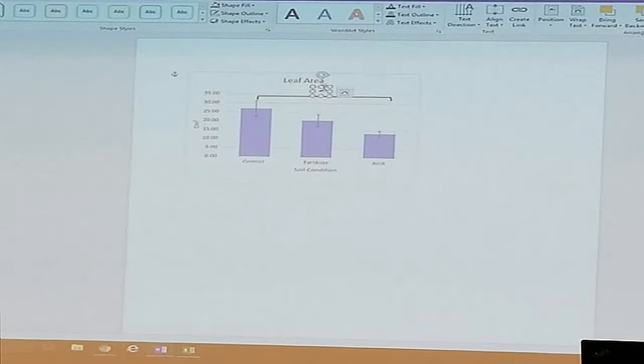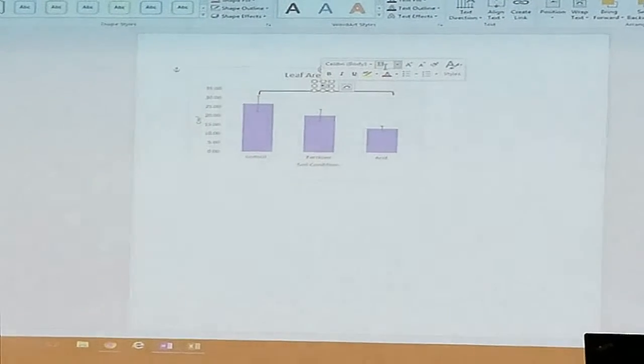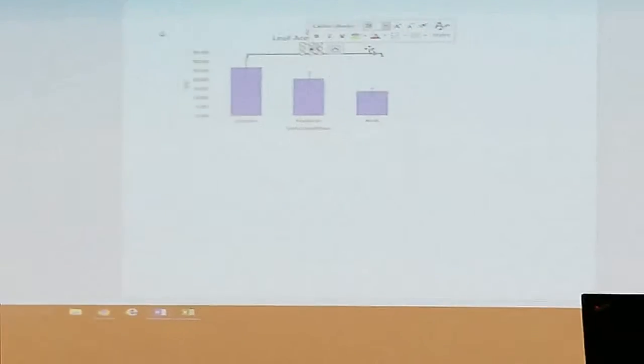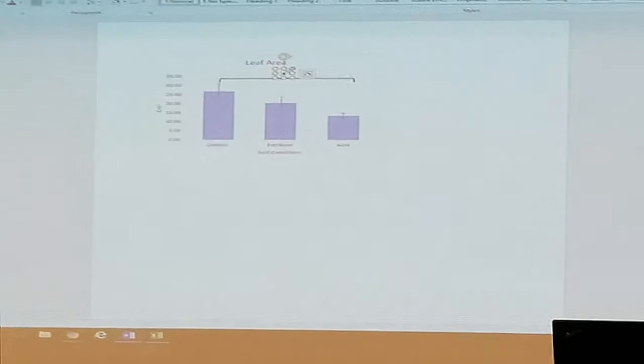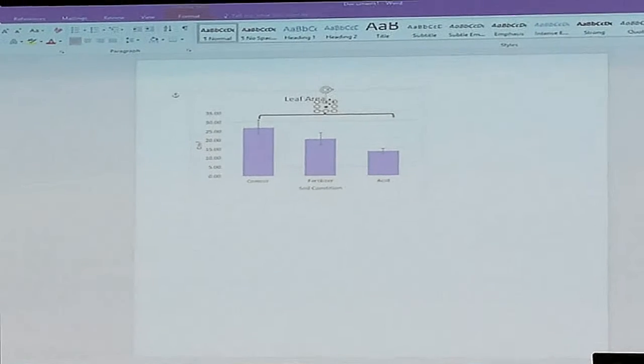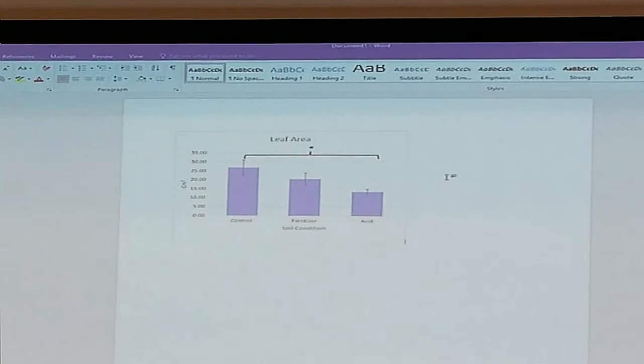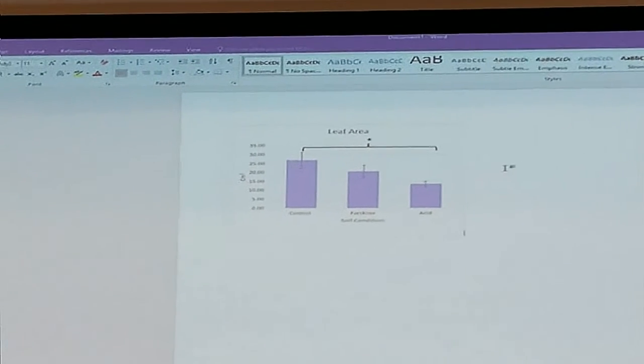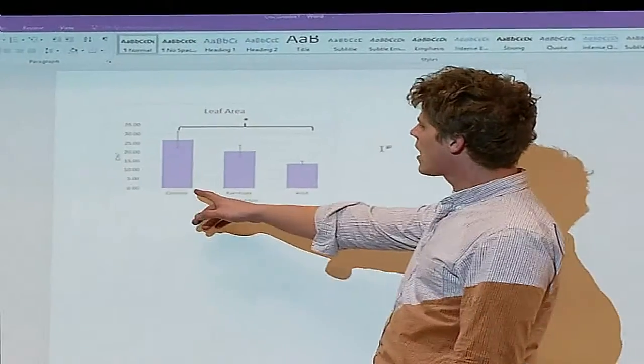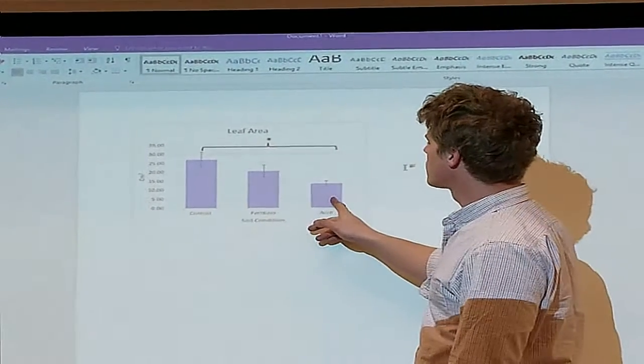This is what all of yours should look like. Make a special note. You should have an asterisk right here. That makes sense? Yeah. Because that tells me that you compared this average leaf area and this average leaf area, the one of